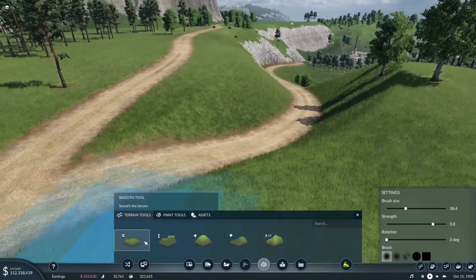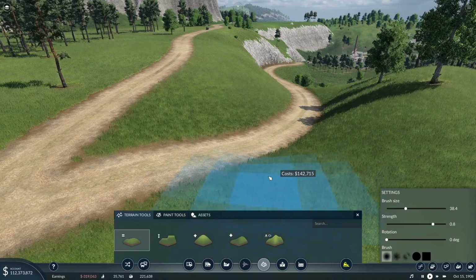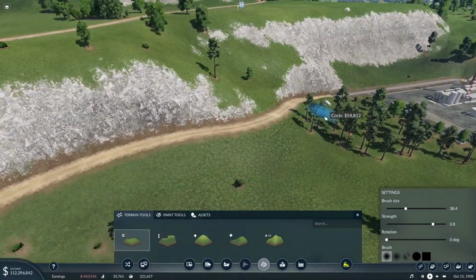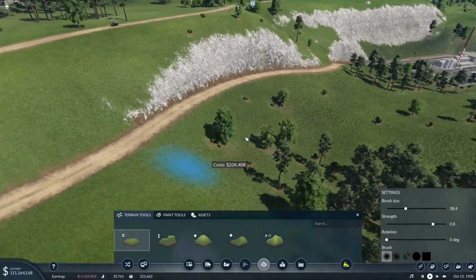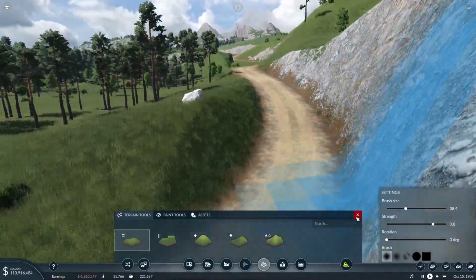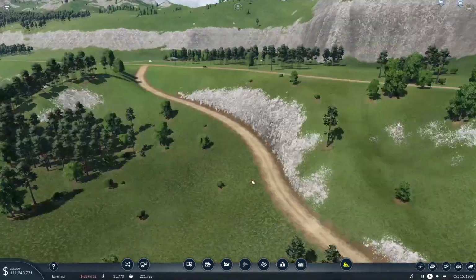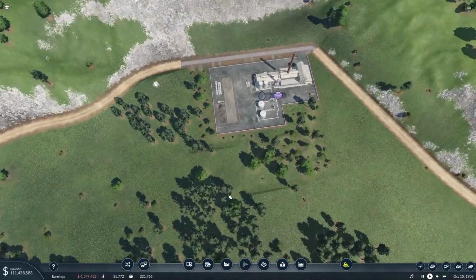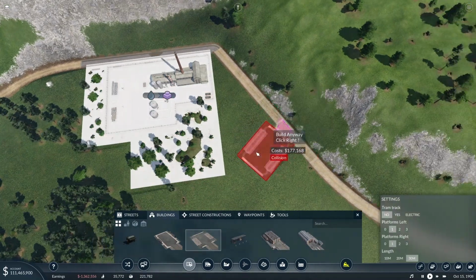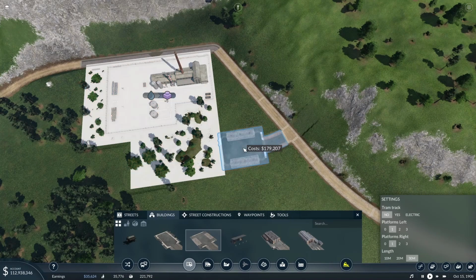So we'll do that. We will smooth out some of this where we just cut through, and I think that looks pretty good. We'll just smooth out this side a little bit, and that road's not looking too bad. It's a little rough right here at the beginning, but the rest of the slope doesn't seem to be terrible. So now we do need to fit a truck station in here somewhere, and we might get that over here